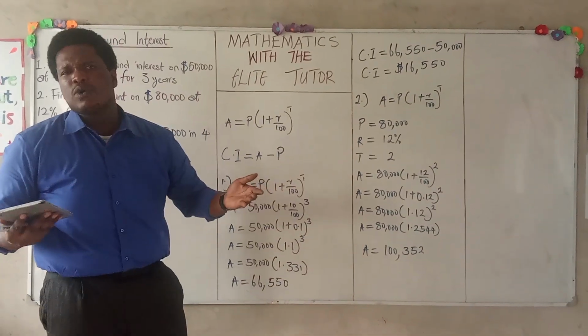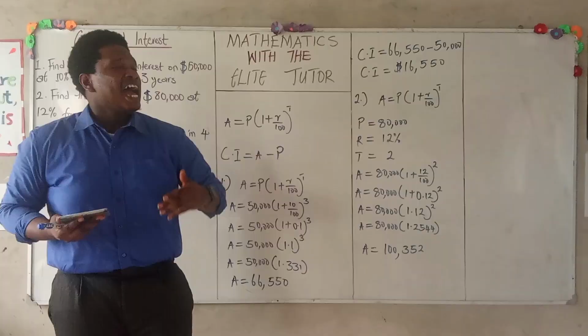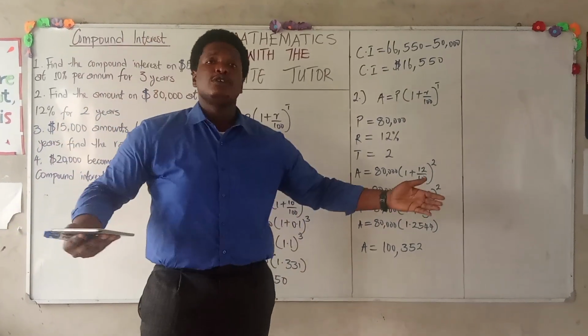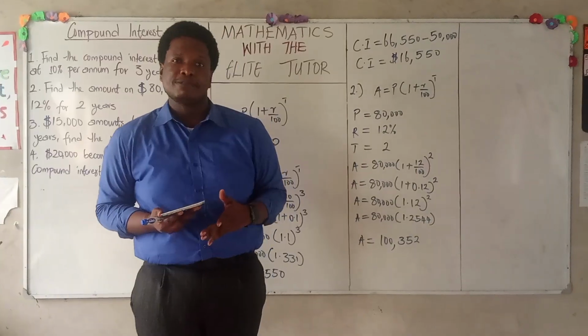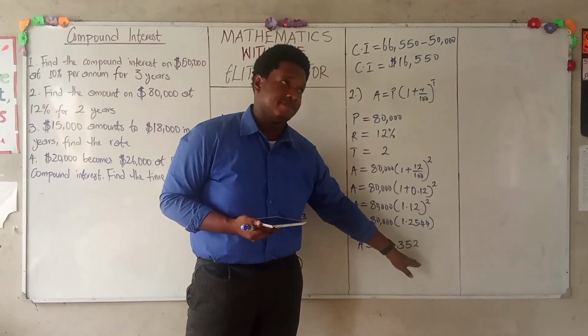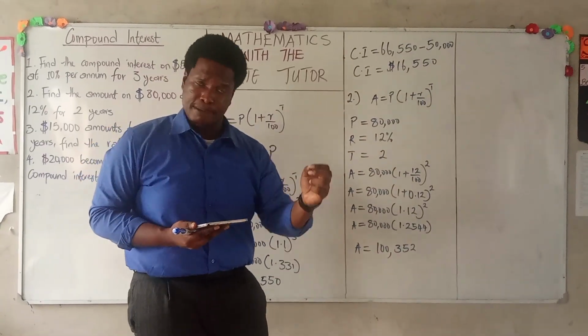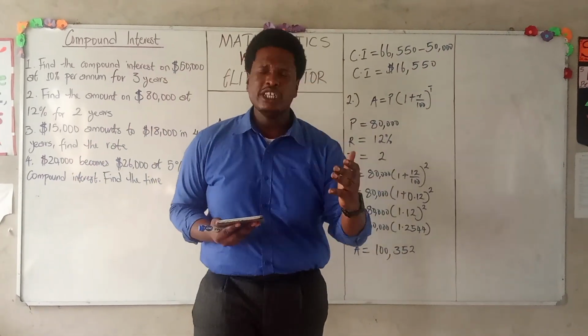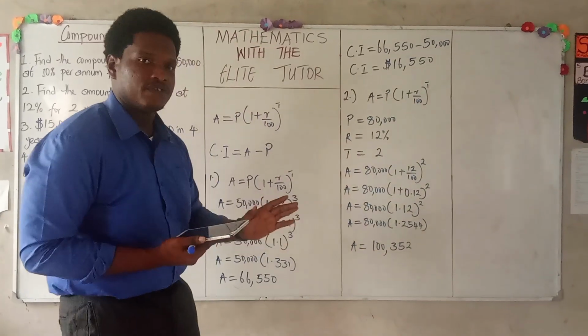There are times when the question can ask you for the amount and also still find the compound interest. Very easy. After ascertaining the amount, all we just need to do is compound interest is equal to amount minus my principal. So in this scenario, my amount is 100,352 minus my principal, which is 80,000. That gives me my compound interest. But in this question, they are just asking for the amount. Hope you're all following. Now,